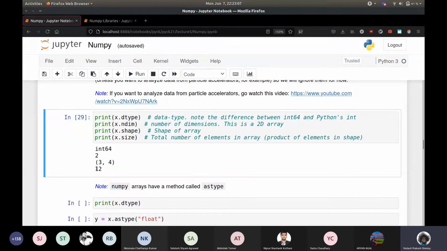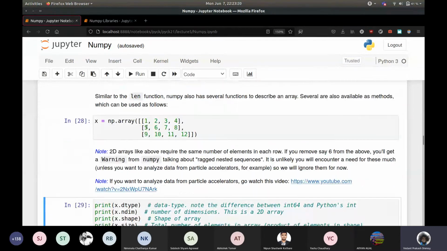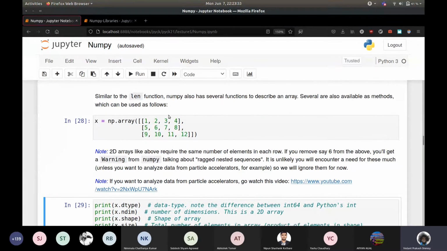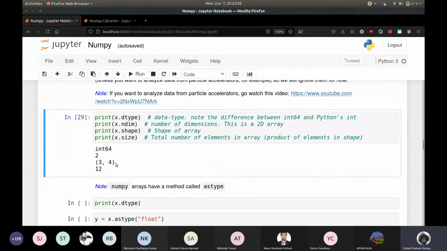So now I mentioned before that you can change the data type, and you can also change the shape of the array. It doesn't make much sense to change the size, because how can you do that, right? If you have an array like this, you can change the shape. So you can say, instead of having 1 2 3 4 5 6 7 8 9 10 11 12, I want to have 1 2 3 4 5 6 7 8 9 10 11 12 in threes instead. That is doable. You can have 6 by 2, 2 by 6, all sorts of things. But it doesn't make sense to say that suddenly I want only 11 out of those. For that, you'll have to make an entirely new array.